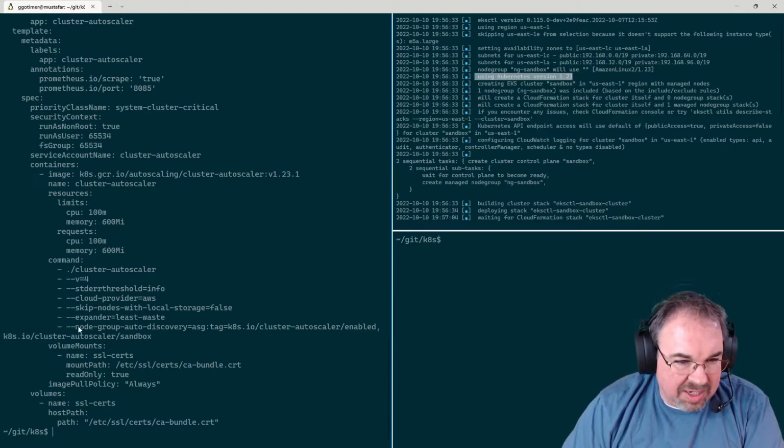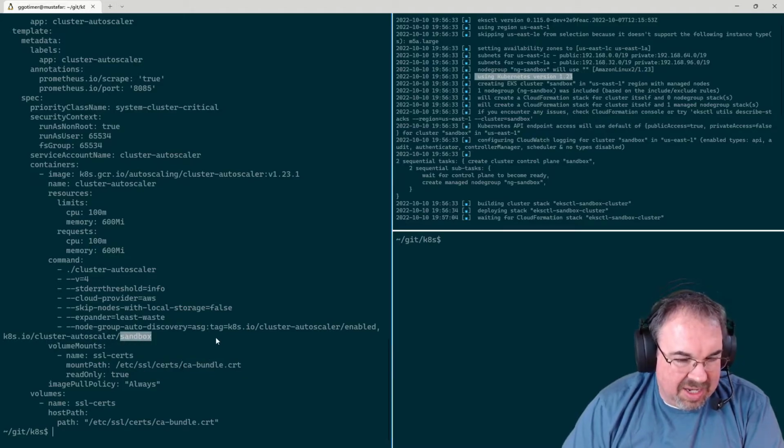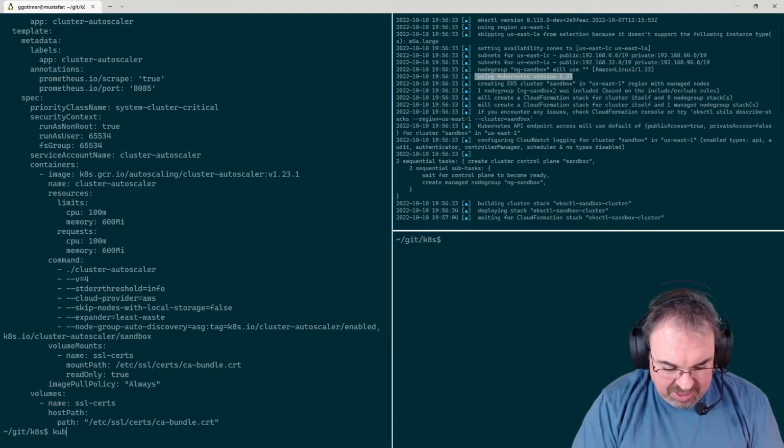The other thing I need to do is down here, there's this path that gets mounted the right place for Amazon Linux. There's a comment that I took and put in place to get the right one in the one I downloaded, and then you have to set the end of this line to be your cluster name. So since the cluster is sandbox, that's there, and now I can just kubectl apply -f